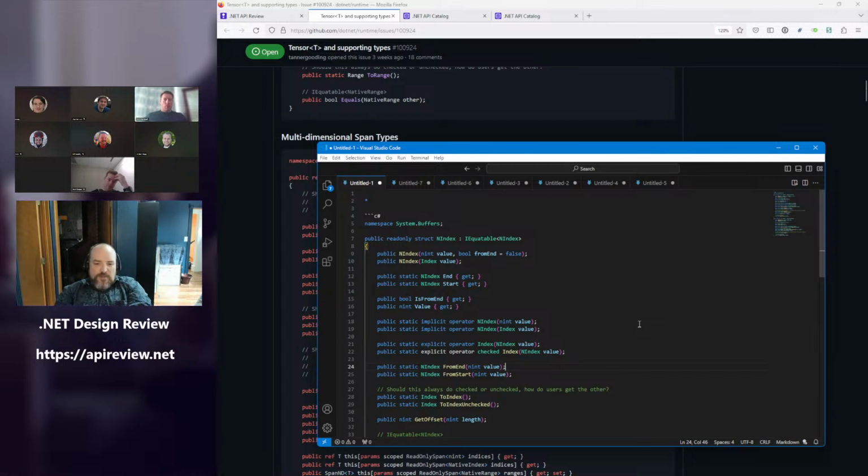Like it won't support linked list tensor notions. Then there's an argument that it could live in system buffers and be in a completely different library from tensor, unless they're all going to be in corelib, in which case the library doesn't matter. But anyway, I just don't know that it's a given.